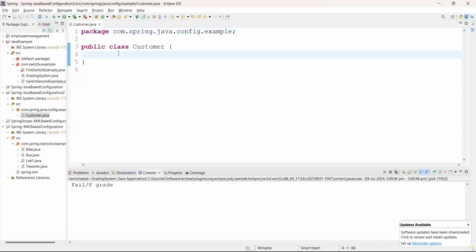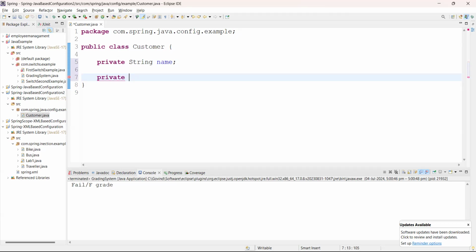Now this class must have some data members. So I'm going to create some of the data members here. The first data member I can say is name. So customer has some name. I'm writing private String name. Then the other data member which I'm going to create here is the phone number. So I can say phone number can be of data type long. So I'm writing private long